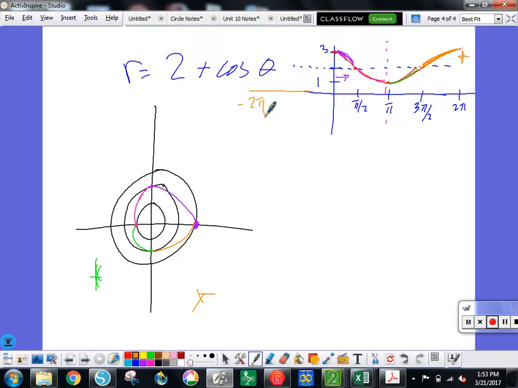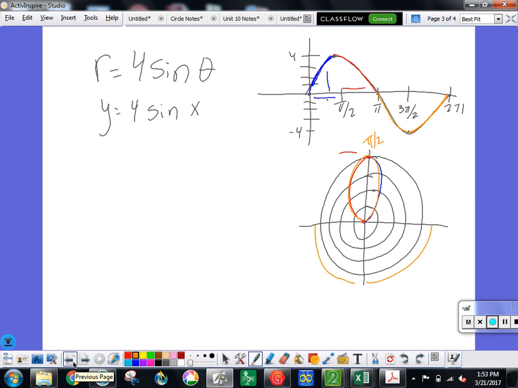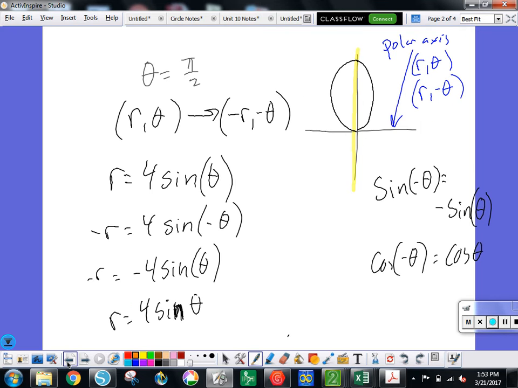Okay, now remember, I just barely went over on this one. We talked about how we are symmetric about the polar axis. Was our cardioid, I think that's what that was, symmetrical about the x-axis? Look at our graph, what we ended with. If we folded on the x-axis, wouldn't they lie right on top of each other? Okay, so with that being said,